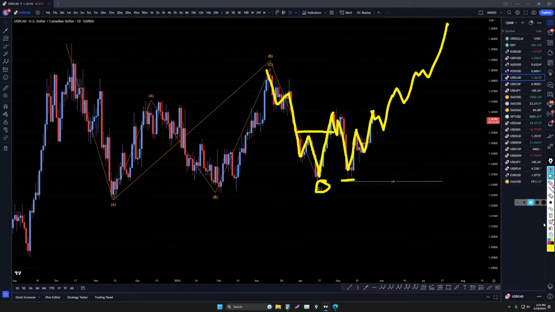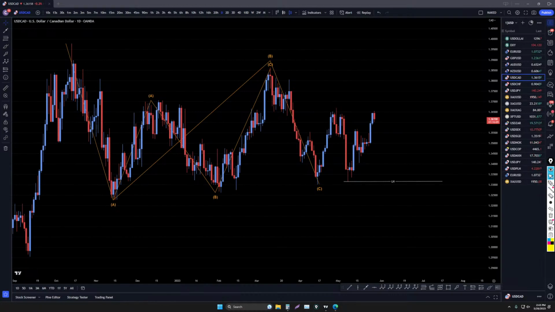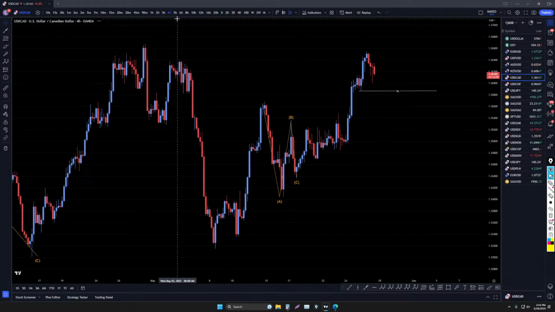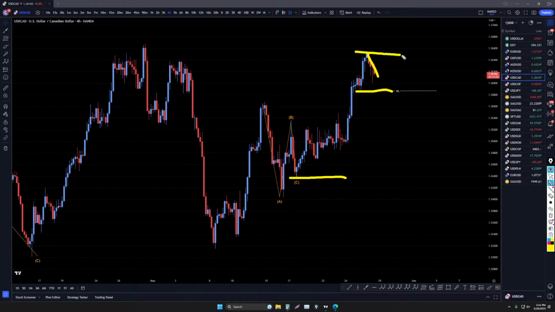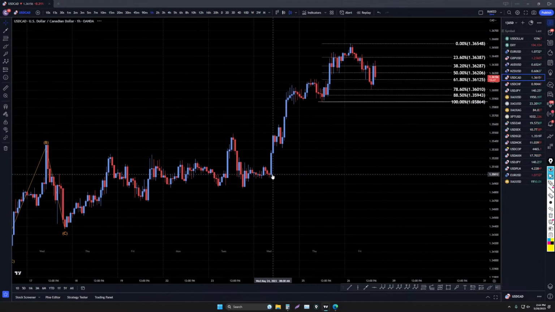And I am kind of rushing through these a little bit because we do have news coming out in just over 15 minutes. So we definitely want to be ready for the news when it does come out. So we do have a turn to the downside. So far it hasn't broken any structure yet. Even if it does break this structure, I don't really think that necessarily tells us anything except for this section is over. Most likely if it does break that, it's probably still going to be a correction, and it will probably still end up continuing the uptrend.